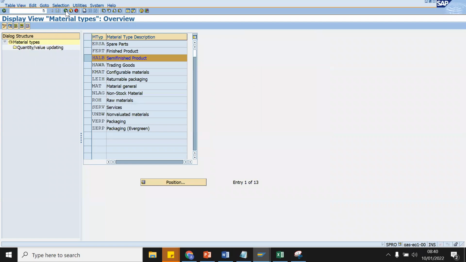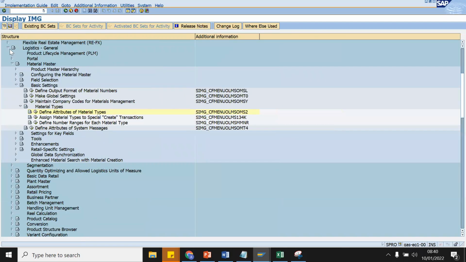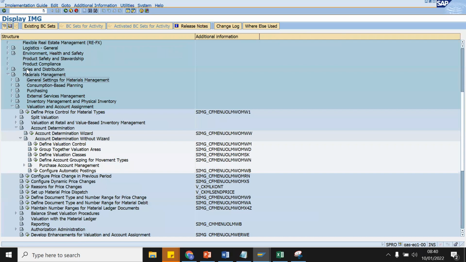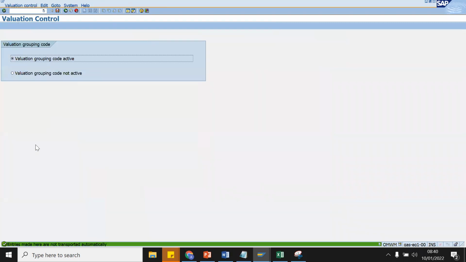Now, if you look into the materials management side, in Valuation and Account Assignment, we have Account Determination, and in Account Determination, we have Account Determination Without Wizard. Within this, you can see we have a valuation control.